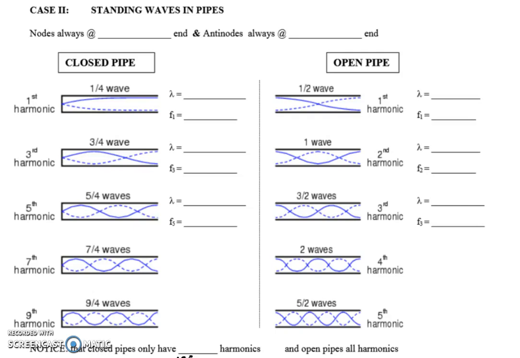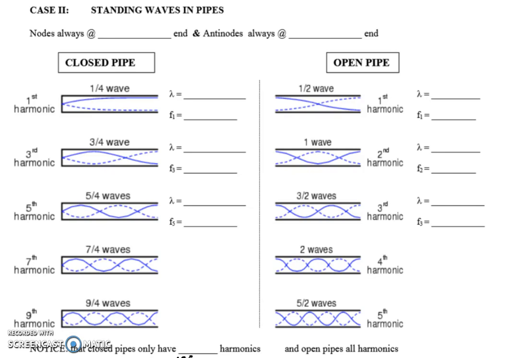So in this tutorial we are going to look at standing waves when they occur in air columns and pipes. And there's two special cases we're going to look at called open and closed pipes. We see a bunch of harmonics, or what standing waves look like, so what we want to do is understand why they have these particular shapes, and then ultimately to be able to determine wavelengths and corresponding frequencies for those